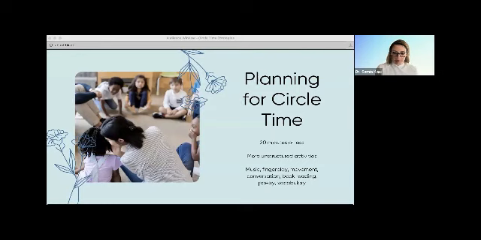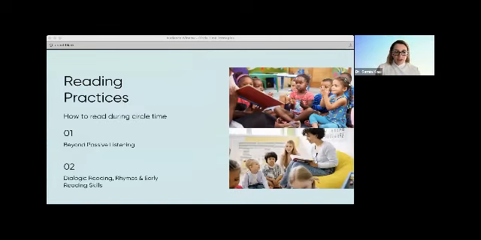So far we've seen a maximum of 20 minutes or less, more unstructured activities than structured ones, right? And then more activities that allow them to interact with each other. So anything including music, finger plays, movement, conversation, book reading as a group, poetry, vocabulary, all of these are wonderful. And then, let's talk about